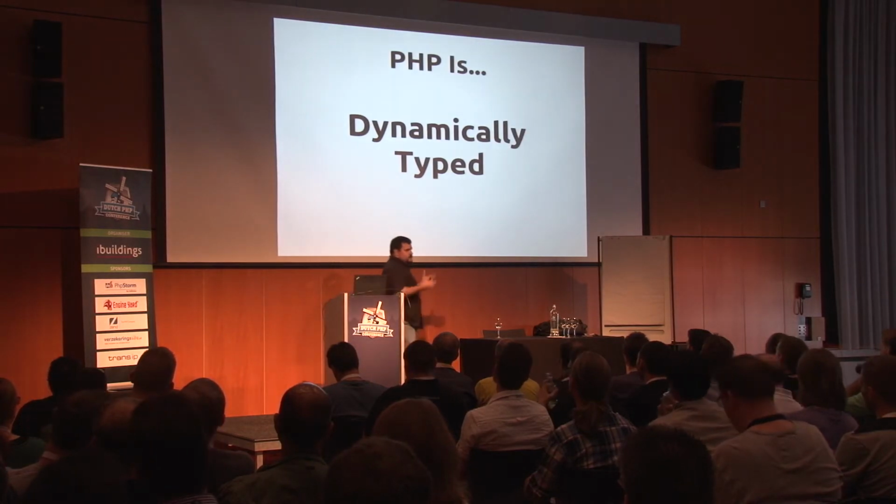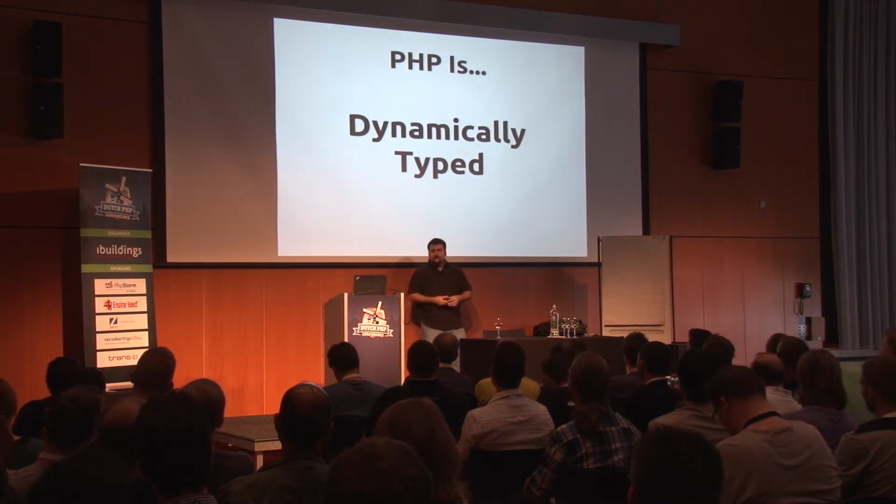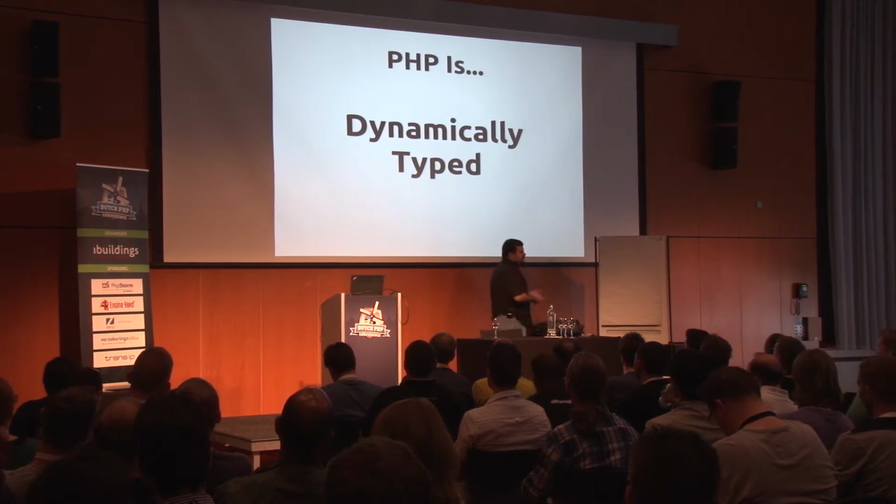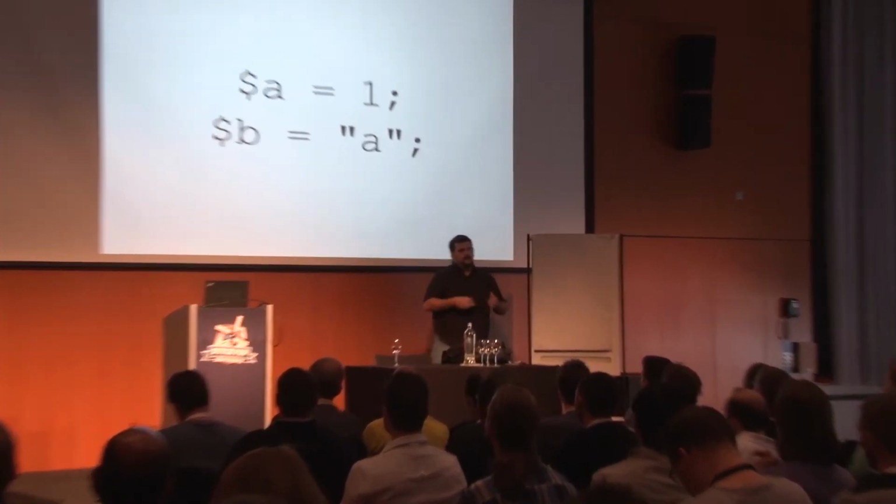So when we're actually dealing with PHP code itself, it's dynamically typed. And what that means is we don't litter our code, and we don't tell PHP the engine what type a variable is going to be or is. We just give it a value. We don't have to worry about it. In languages like C, Java, it's called strongly typed, which means you have to give a type to every variable. So PHP tries to abstract that away for you.